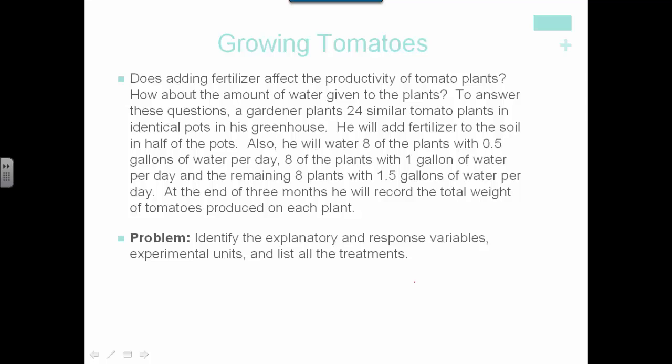The 2 explanatory variables in this example are fertilizer and water. The response, so I'll circle the 2 things here and then just arrow down so it's a little easier for me to show that. The response variable is the weight of tomatoes produced. The experimental units are the tomato plants,